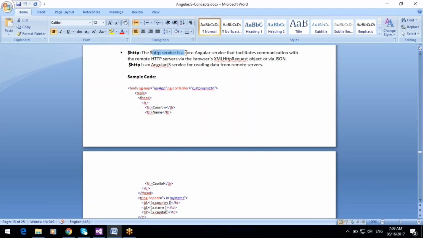The HTTP service is a core Angular service that facilitates communication with remote HTTP servers via the browser's XMLHttpRequest. The returned object is in JSON format.